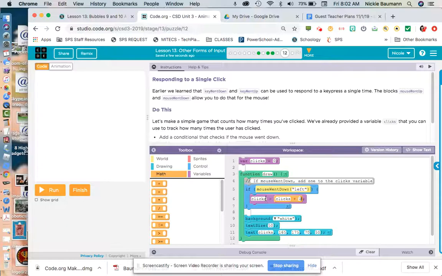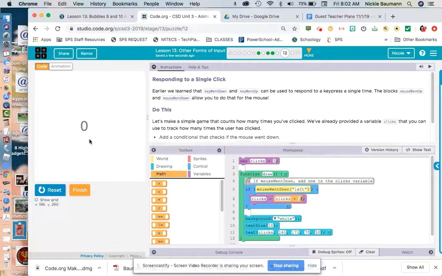And I'll output that. And when I click on my mouse again, clicks is 2 plus 1, which is 3. It'll output 3. When I click down again, clicks is 3 plus 1, which is 4, and it'll output 4. So I'm going to run this, and I'm going to click with my mouse, and every time I click, it's adding 1 to my current score.